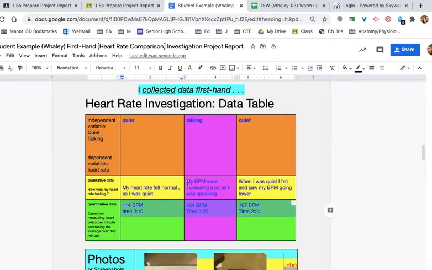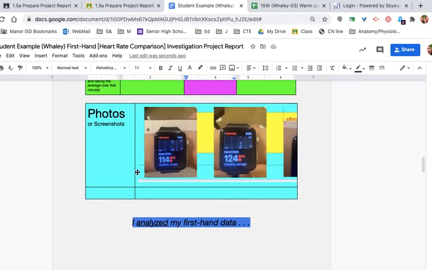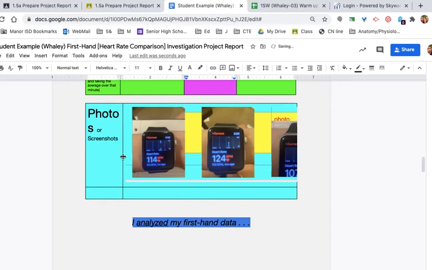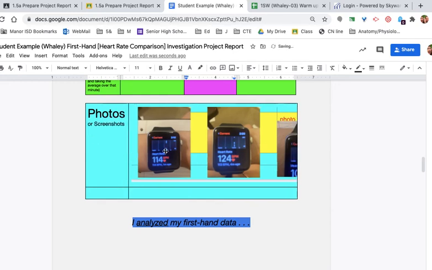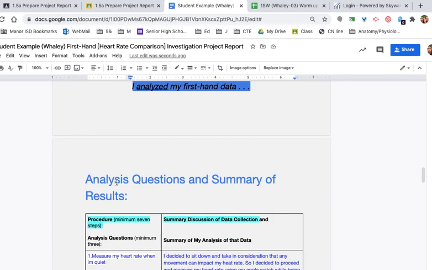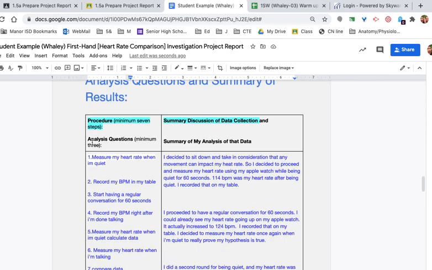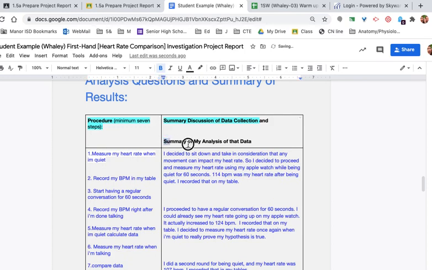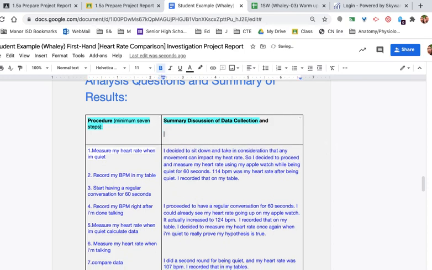But then also kind of sensing a feeling, right? Oh, I did feel... I saw it, so I was watching my numbers going lower. Okay, and here's some screenshots. I'm Darth Vader, and I need to tighten this up a little bit, shift this around. I'll work on that here in a little bit. I analyzed my first-hand data. Okay, and I can clean this up because analysis questions, my teacher put that up and then moved the table a little bit. Forgot to delete it. So I'm going to tighten it up.